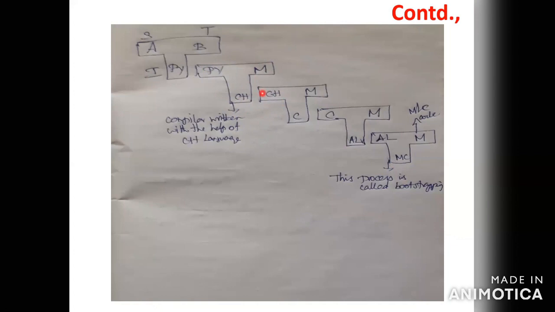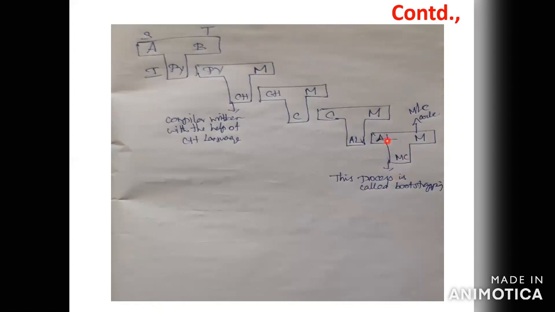Here check, both are the same thing. After that I can create another compiler. C++ the CPU does not understand, so I can create another compiler written in C language. The C language also the CPU does not understand. So I can create another compiler with the help of the implementation part, assembly language. Assembly language also the CPU does not understand, so I can create another compiler with the help of machine code.